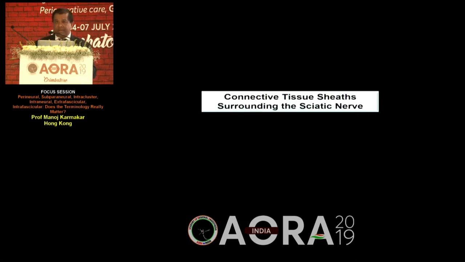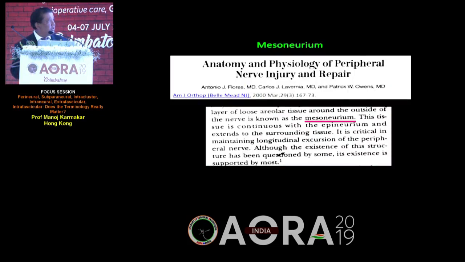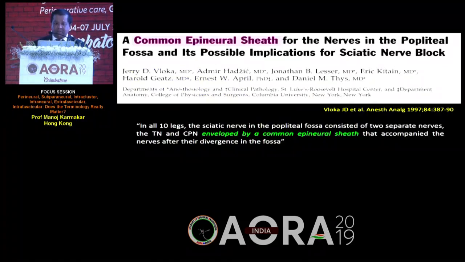Another structure that has become quite relevant in recent times is the connective tissue layers that surround the sciatic nerve. Now, many years ago, the surgeons used to call this the mesoneurium. So you have an epineurium, and they said the mesoneurium is a structure that actually surrounds the sciatic nerve on the outside. This is Dr. Jerry Vloka and Admir Hadzic. They did some exceptionally good work in relation to regional anesthesia, but one of the confusions that Jerry left with the sciatic nerve was to define